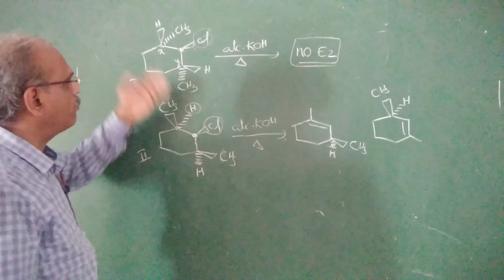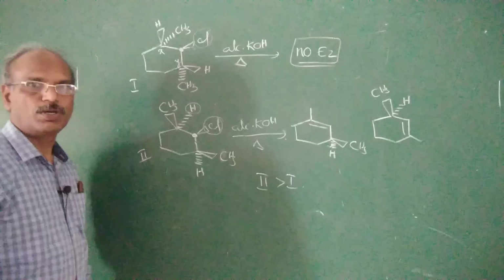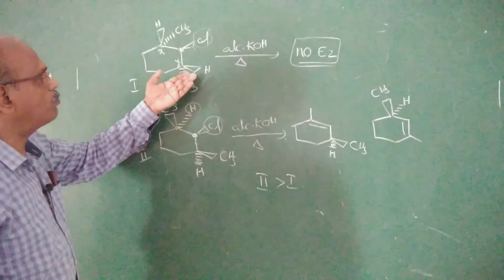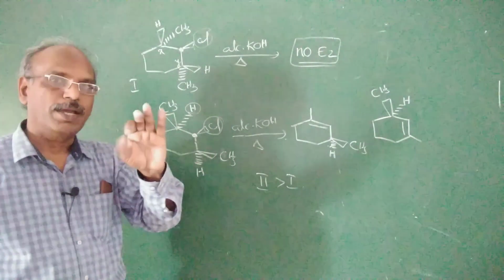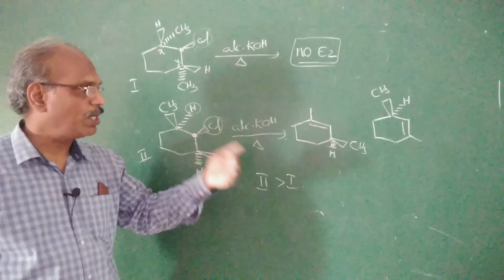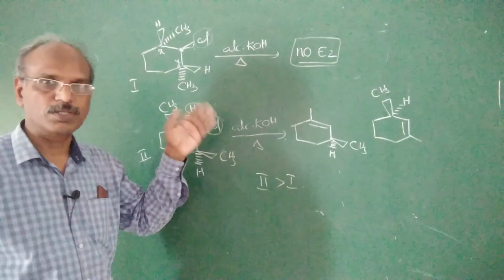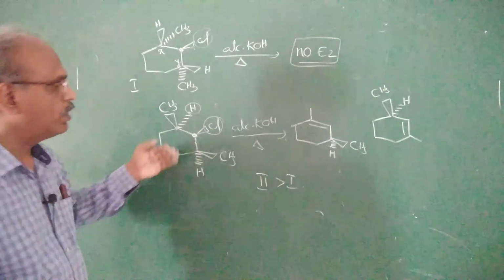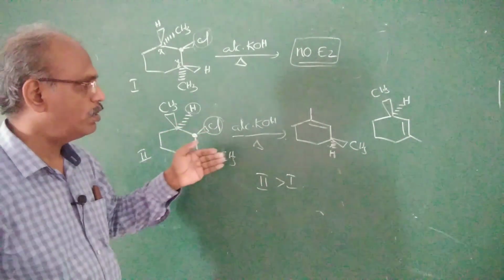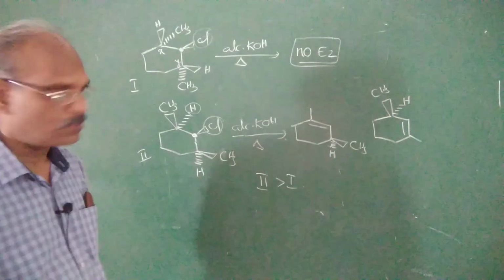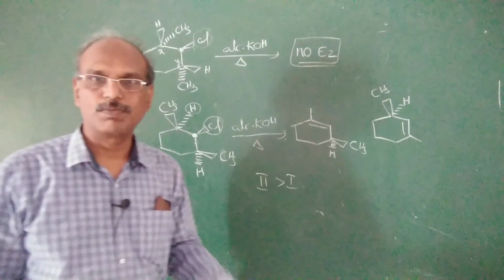So now tell me clearly which is more reactive. Compound 2 is more reactive; here elimination is not possible. What I told you, in cyclohexane system, anti-elimination. In cyclopentane system, syn elimination. We came to that conclusion by the discussion. See, check it once again. In that way, we can do some problems in E2 reaction, right? Okay, let's see the remaining part of this in the next video.